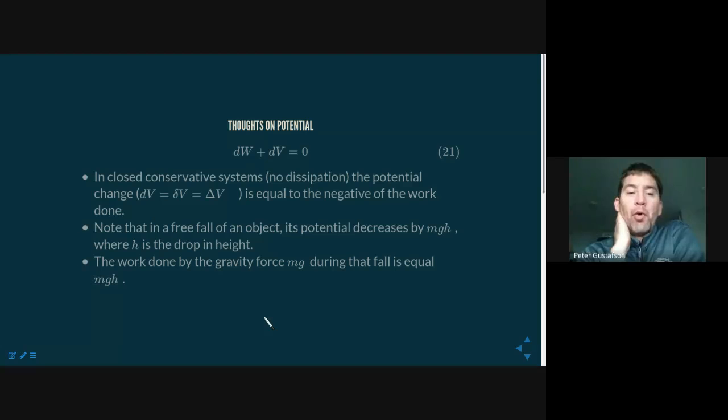So let me give you just a few more thoughts on this idea of a potential equation, a conservative potential expressed this way, dW plus dV is equal to 0. In a closed conservative system, that is a system without dissipation, the potential change, and you'll see it in different places written in different ways, dV, delta V, the